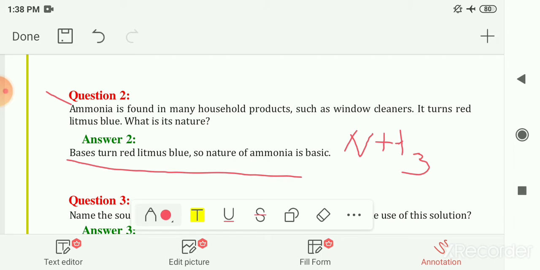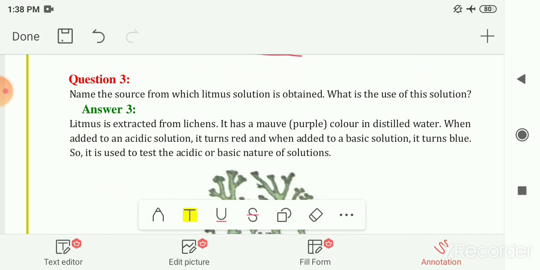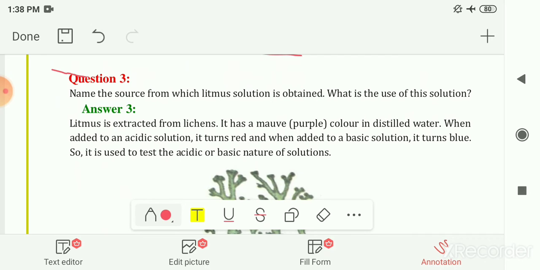So it is basic in nature because it turns red litmus paper into blue. So the nature of ammonia is basic. Next, question number 3 is, name the source from which litmus solution is obtained and what is the use of